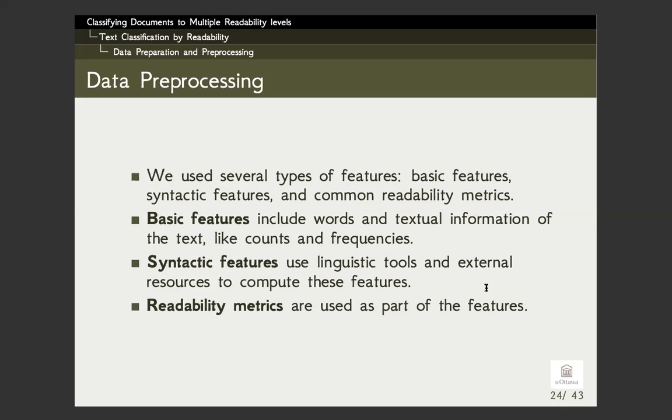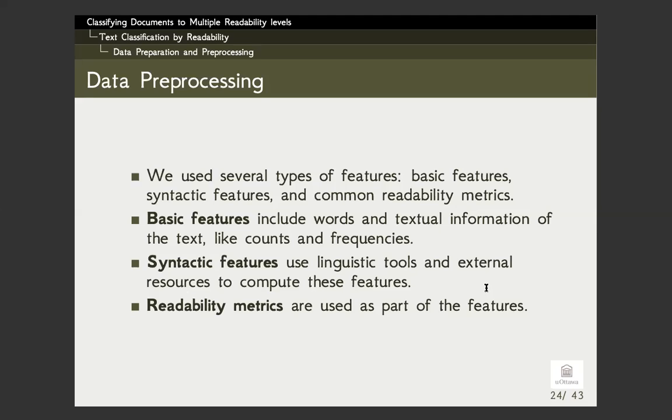We use several types of features: basic features, syntactic features, and common readability features. The basic features include words and textual information, like counting the number of nouns, adjectives, and verbs. And the syntactic features use linguistic tools and external resources, like finding the passive voice sentences or the negation in the sentences. And the readability metrics are also used as